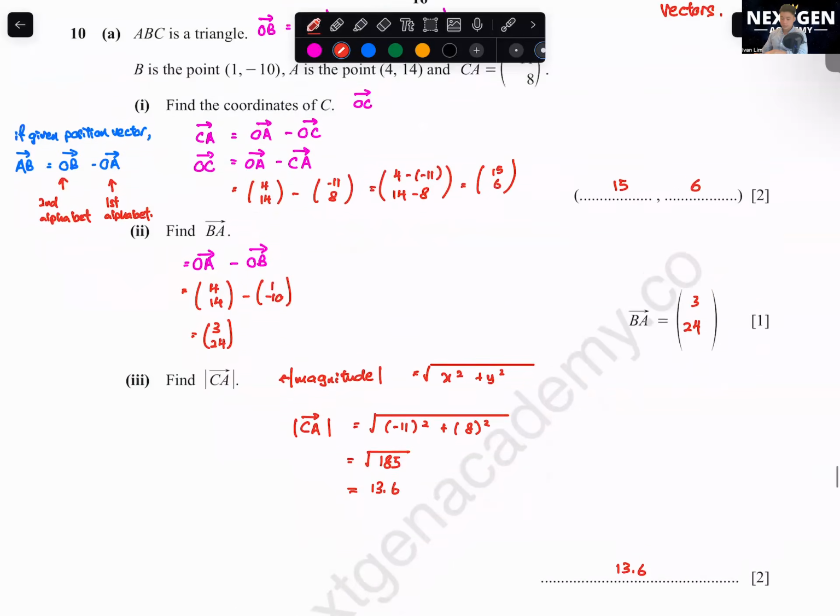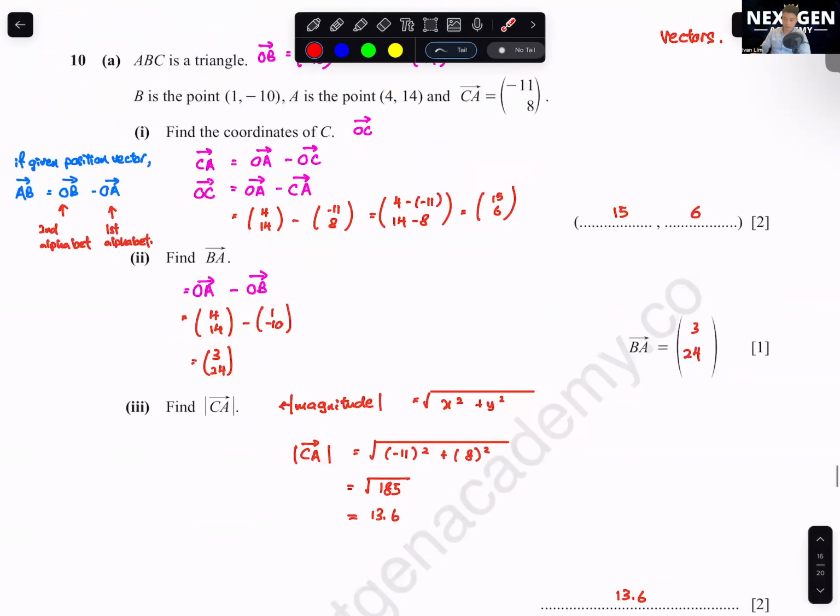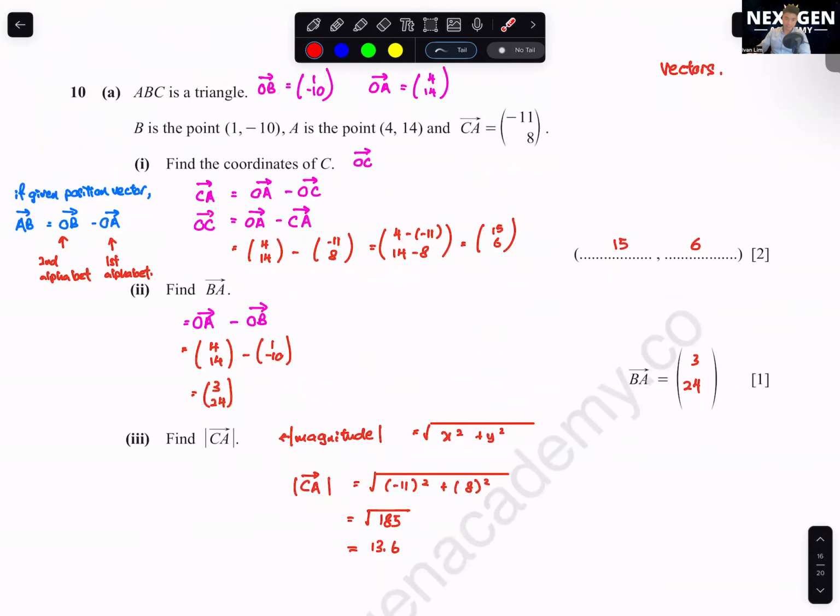Okay, so this is the first type of question that they can ask you on vectors. They're just giving you some information. They give you a couple of vectors. So we need to do calculation of vectors. Okay, type 1. In fact, actually, I find this paper, all the hardest possible type of question they ask in the second part here. Quite hard, right, this paper? If you don't know how to do. Okay, question B,